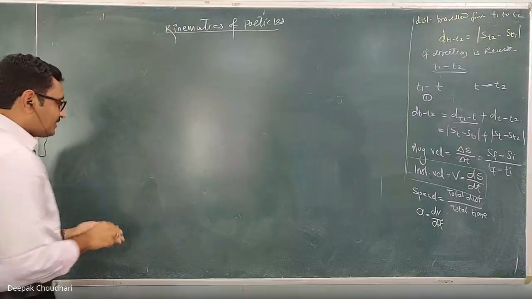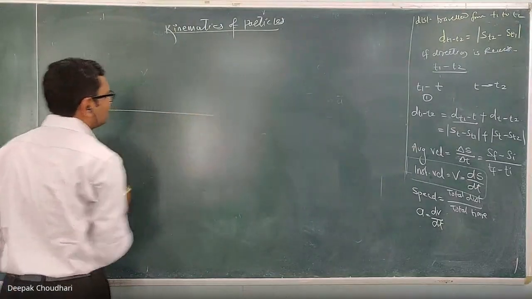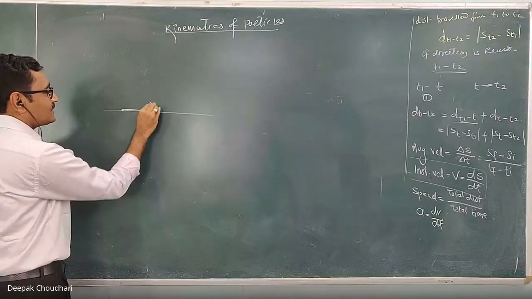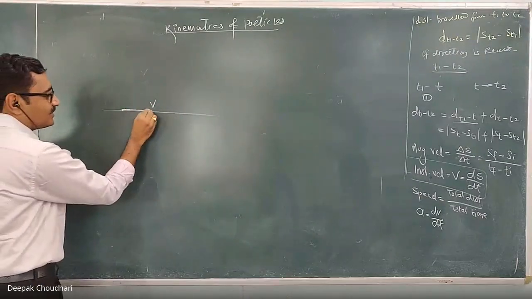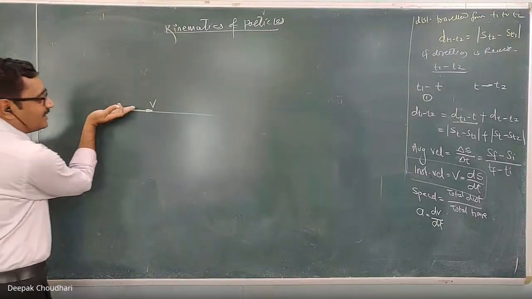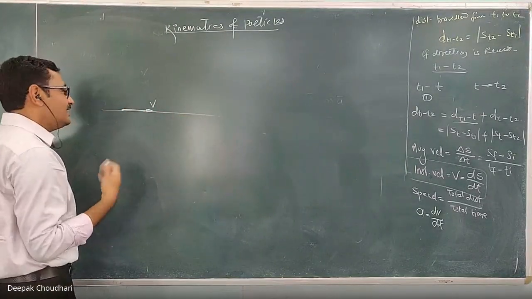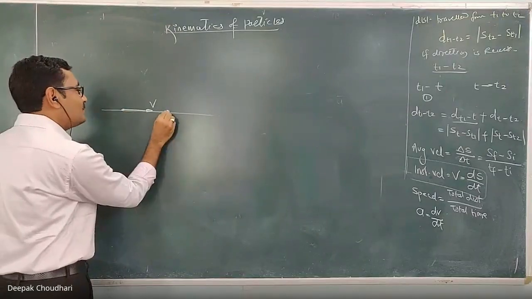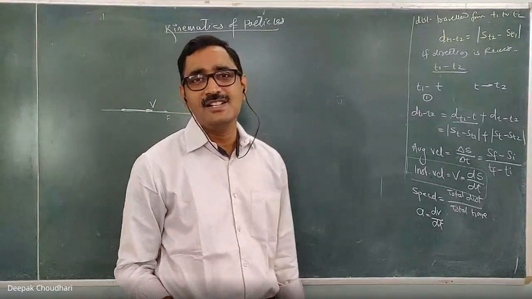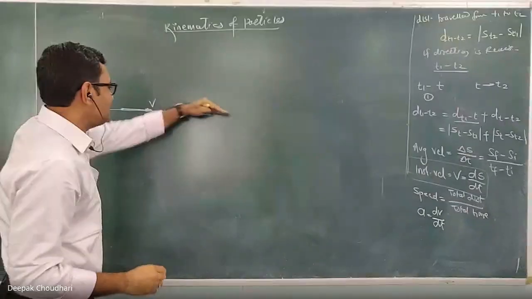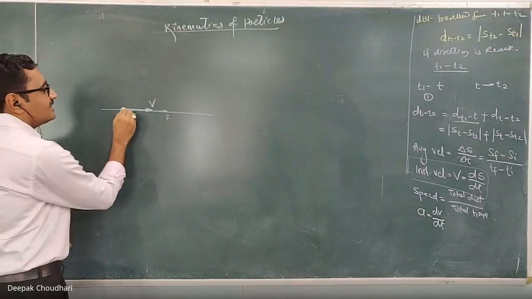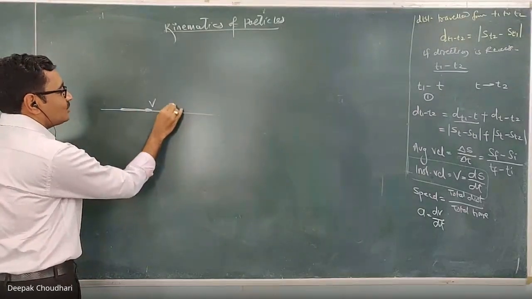Then in translational motion, suppose the particle is moving along a straight line. This is the direction of the velocity vector. Now in the case of translational motion, since the particle is moving along a straight line, it means that the unbalanced force will also be in this direction, because the particle always moves in the direction of the unbalanced force. So if the unbalanced force is in this direction, the particle will move in this direction, and then this acceleration vector will also be in the same direction.